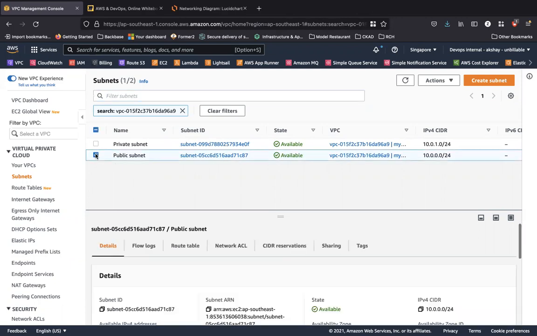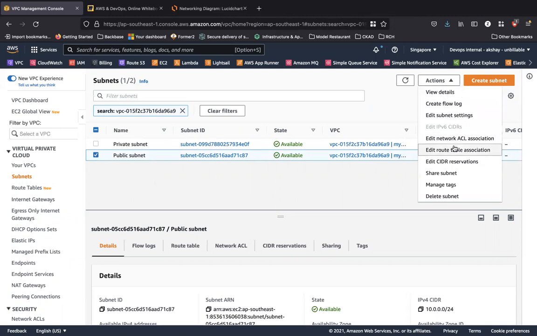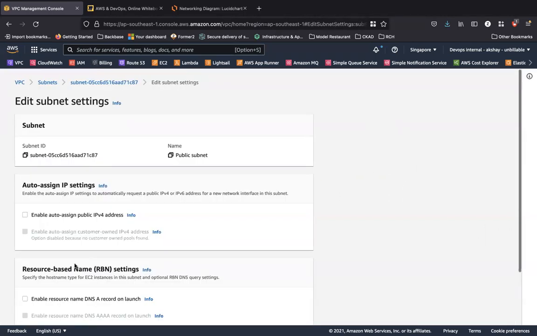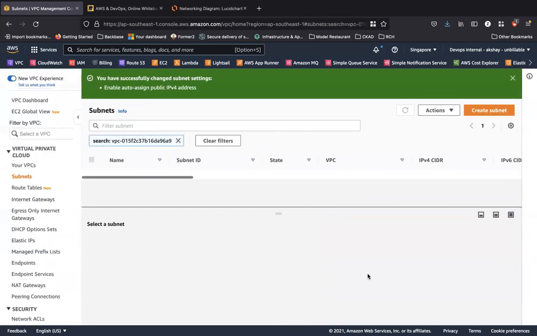I click on the public subnet, click on actions, and click on edit subnet settings and enable auto assign public IPv4. So what is this? AWS automatically assigns public IPs for all of the resources in my public subnet. Rather than me going ahead and allocating that, I'm going to enable this on a subnet level for AWS to auto assign public IPv4 addresses.